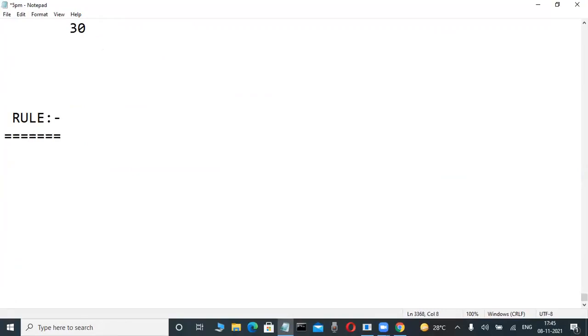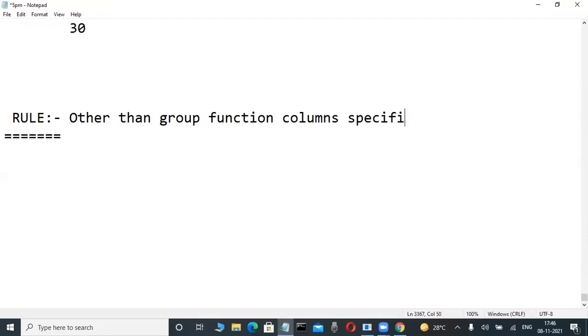This is the first concept. These are compulsory rules. First we are learning, then only executions. Write it down. Rule: other than group function columns specified after select,